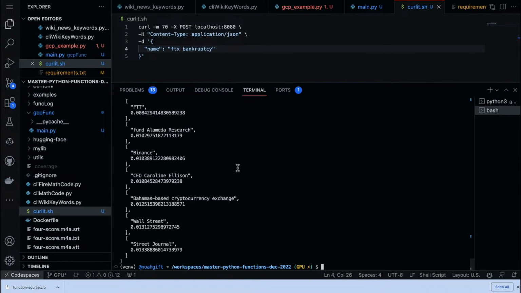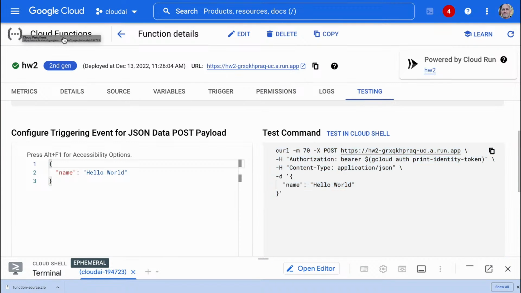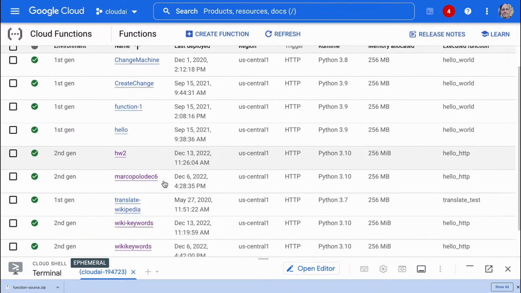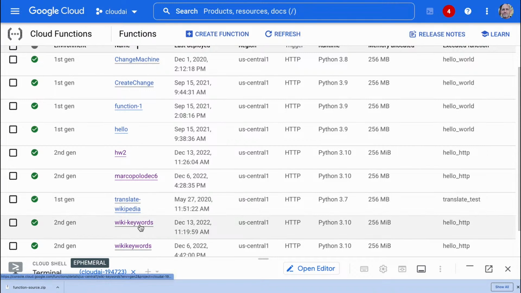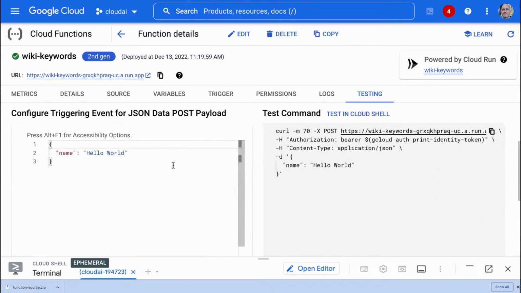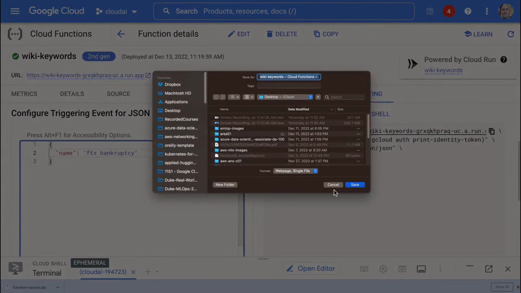So in fact, what this is telling me is that the deployed version would probably work. And so all I would need to do is grab this, go back to my deployed function inside of the GCP cloud, which we go to cloud functions, we grab the Wikipedia keywords right here, and we go to testing, and all we need to change is we need to pass in FTX bankruptcy.